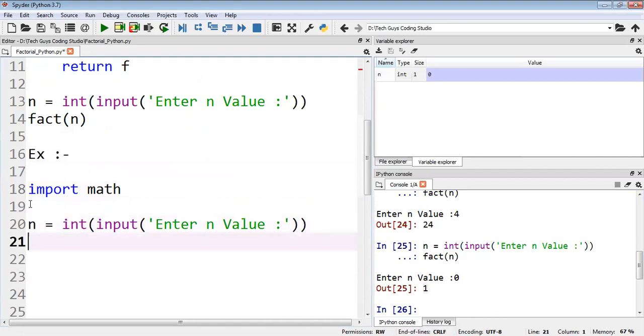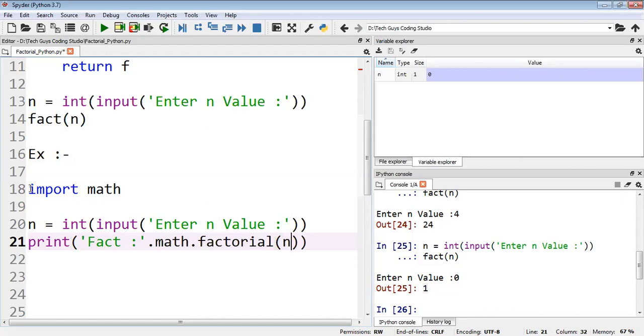Then I will write print, fact, then math dot, the method is factorial. Then I'll pass here the n value.